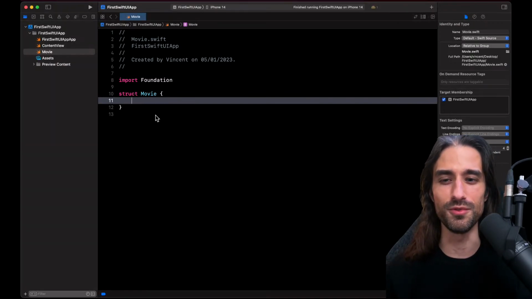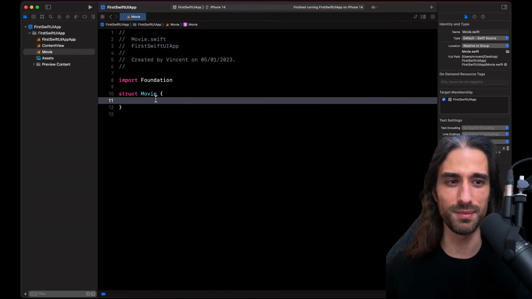So I'm just opening the movie on that second screen, so I make sure that I'm not making any mistake. So what kind of fields do I want to have in this struct? I'm going to implement the same fields I will have when I get data from the API later on, so that we can win some time.